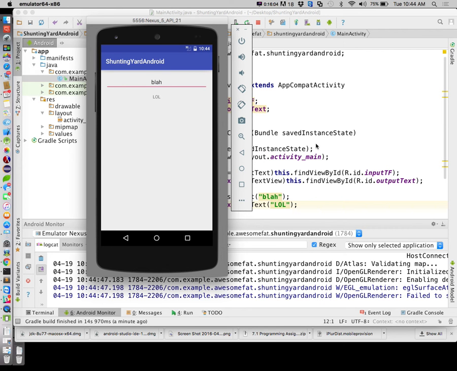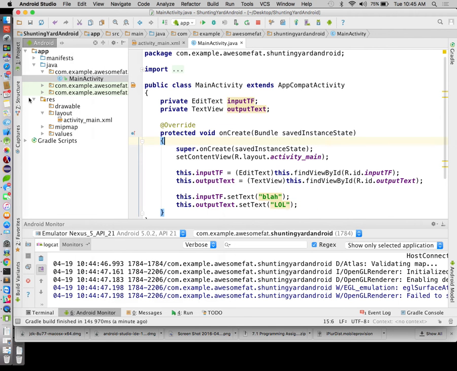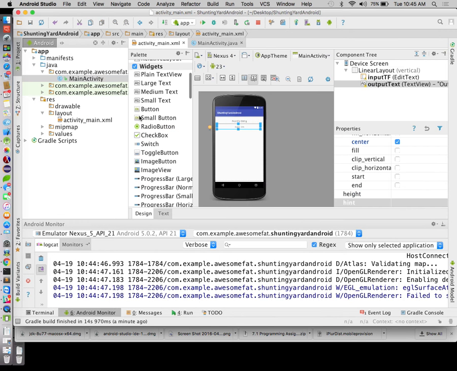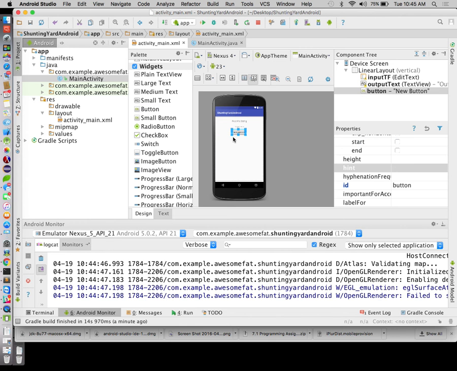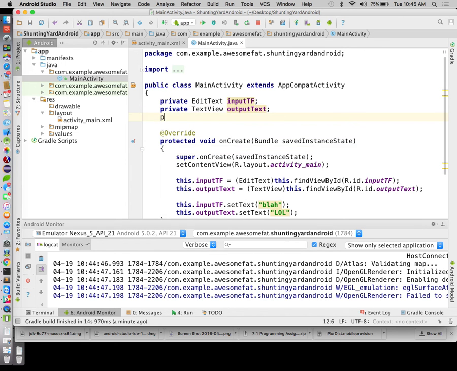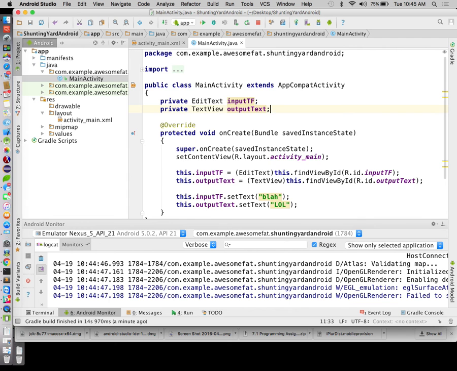Probably also want to throw a button on there that we can click to actually make the thing do its thing. So let's go ahead and throw our button in here. We're going to call that Shunting Yard. And we'll call this guy Convert Button. And then let's give ourselves access to that button. Actually, we don't need access to the button. We just need a